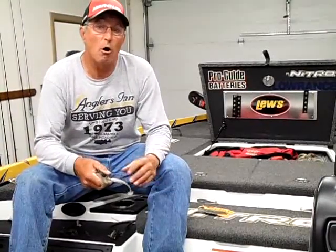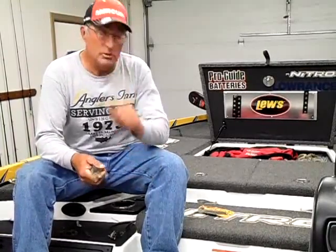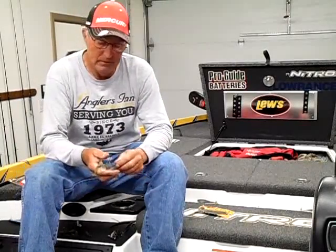And something else you want to put in your boat, it's time to put them topwater baits in the boat. There's been fish surfacing on and off for a couple weeks, and you're just going to start to see more and more of that as the water temperature warms up. And this time of year, as far as on the topwater, I like to throw a slow moving bait. I'll throw like a Strike King Sexy Dog, or a Zara Spook, or like a jointed Redfin, or even a Rapala